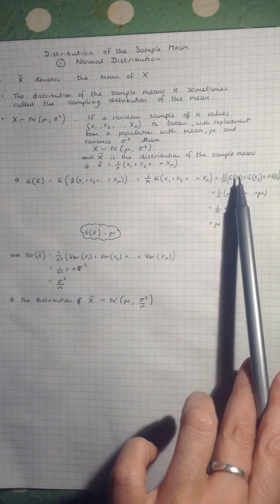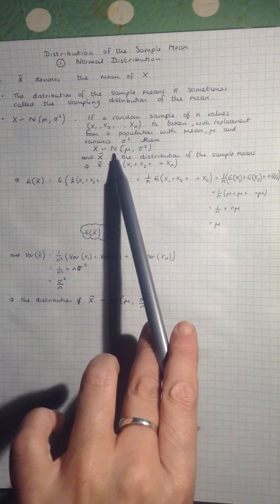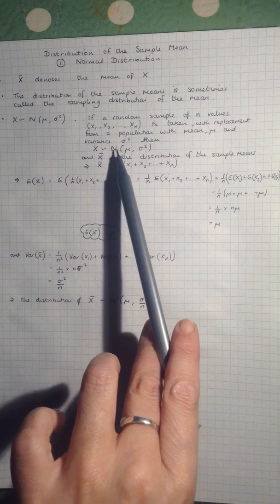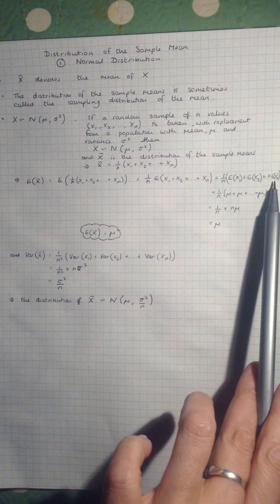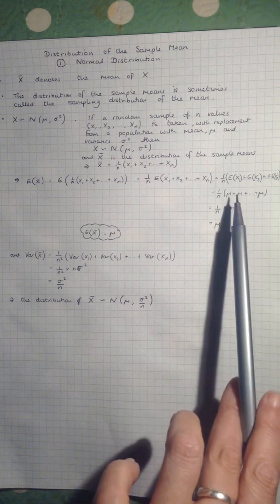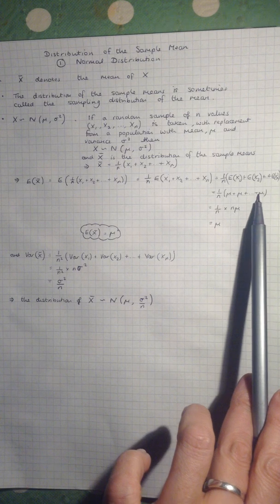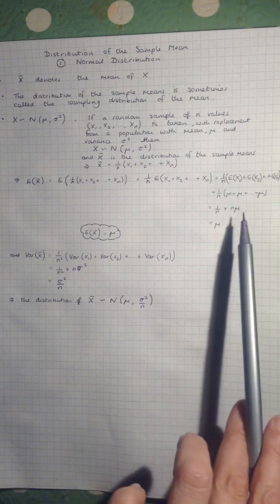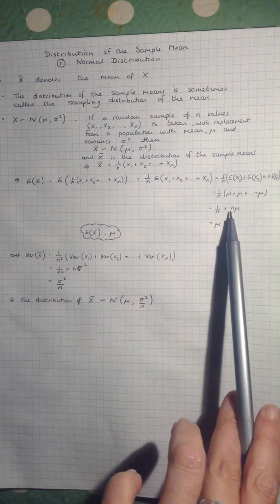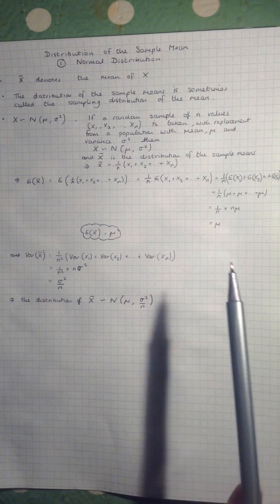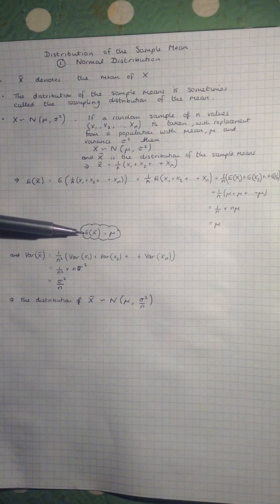That means because all our x values are taken from the normal distribution with mean mu, each of these is equal to mu. So we've got mu plus all the way up to plus mu for the nth time. So we've got n lots of mu. So overall we've got 1 over n times n mu, so we've got mu. So the expectation, or the mean of the x bar, is mu,